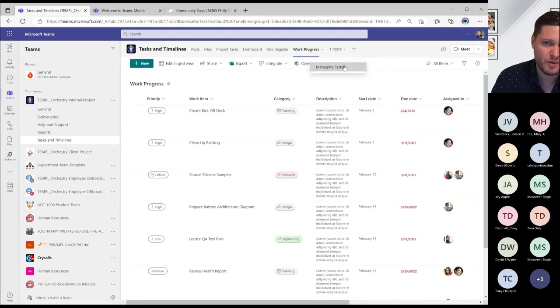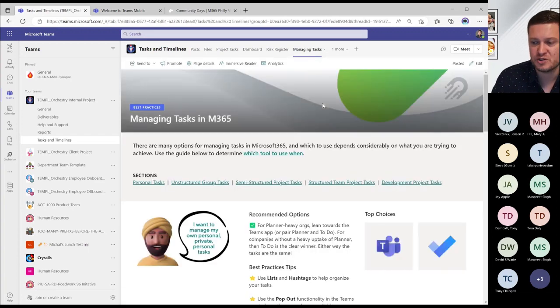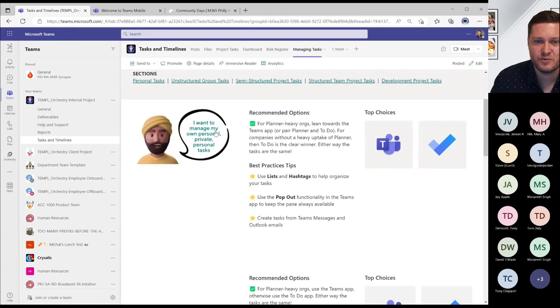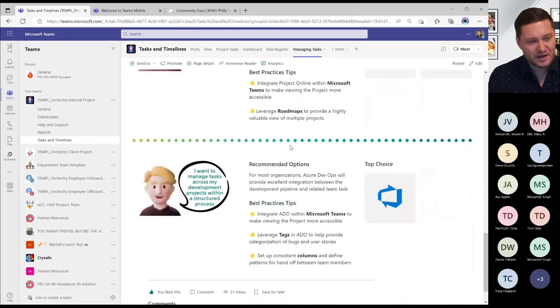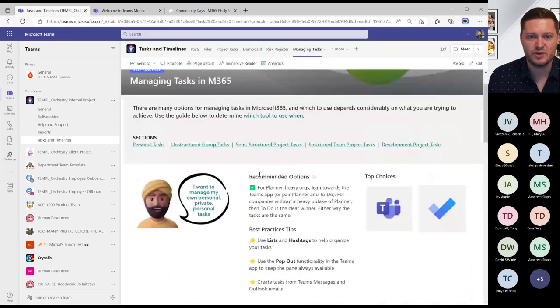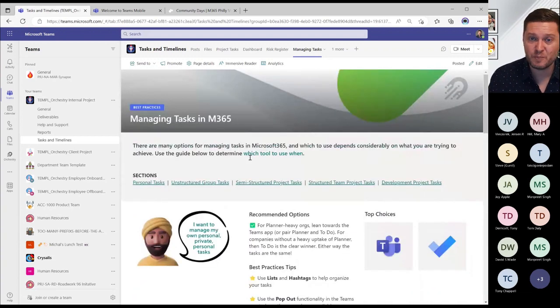And one of the other things that we commonly do as well, particularly from a help and training perspective, is you might have a central training area for something like managing tasks. We'll have that in as part of your tasks and timelines, right? So you can see exactly what you want here, and it shows you the options. Again, it's providing users that experience through here. A pretty simple example, but a pretty